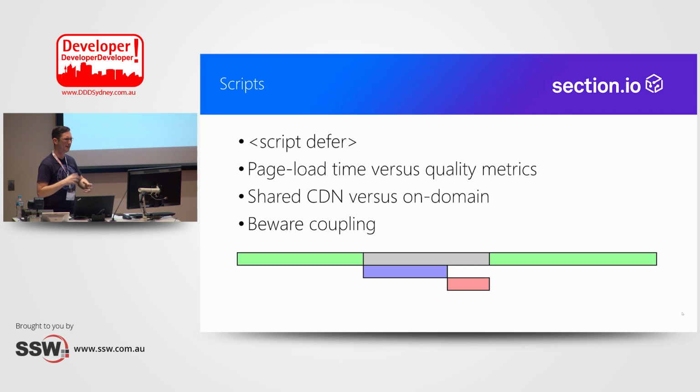And there's a big trade-off here as well. If you're using a script that is used by lots of other sites, and they're all using the same URL as you, then there's a really good chance that when someone comes to your site and they've been to one of these other similar sites, then that stuff is already cached in their browser and you're not going to cop that hit. But at the same time, you want those URLs to be things that are versioned